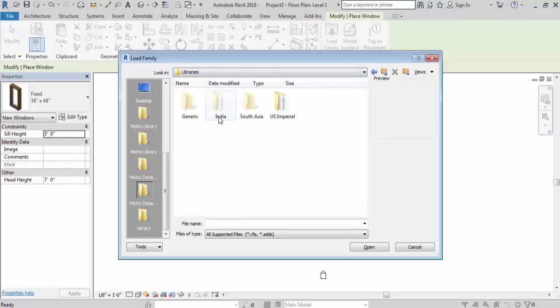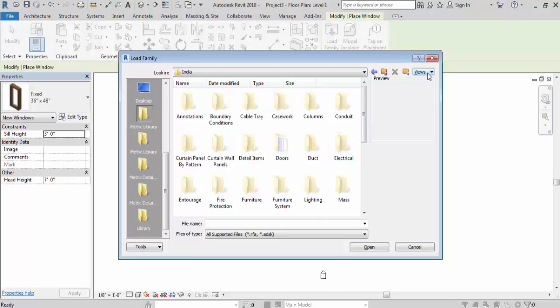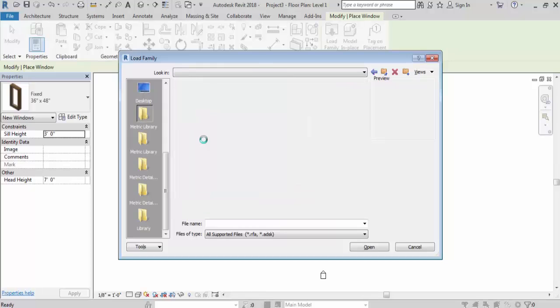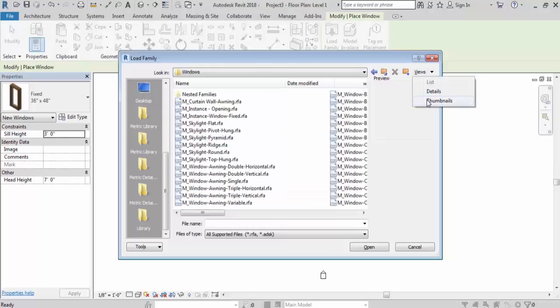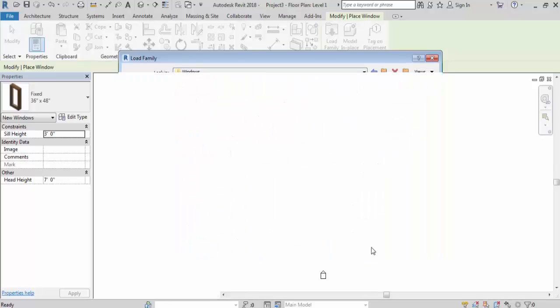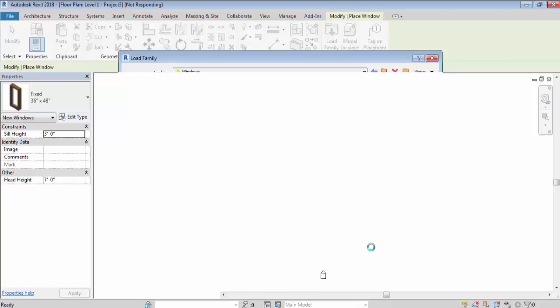Now Indian. This time I need a window, so I need to go to Windows. I need to select which window you need and click on Open. So that window will be available here. So every time we need to go through this process.